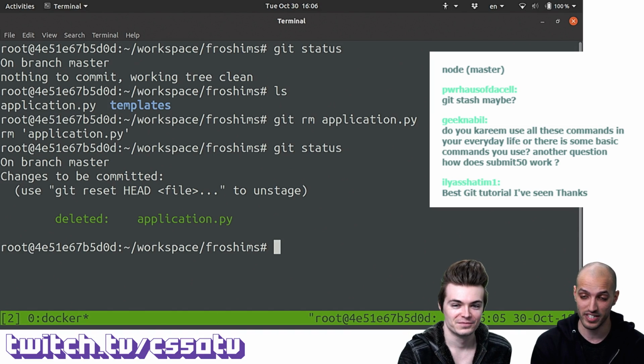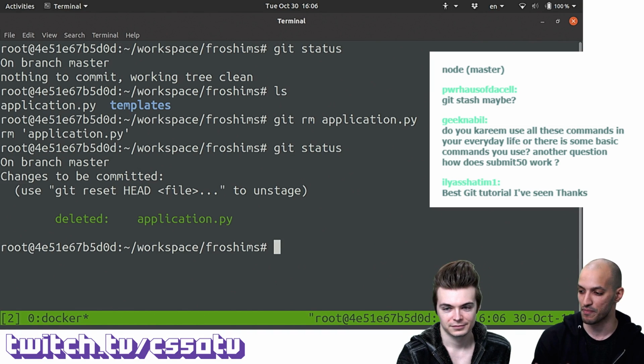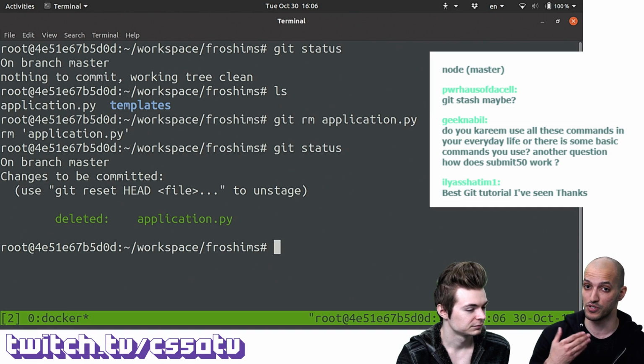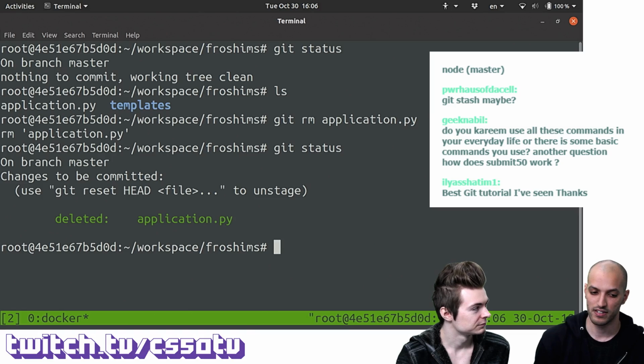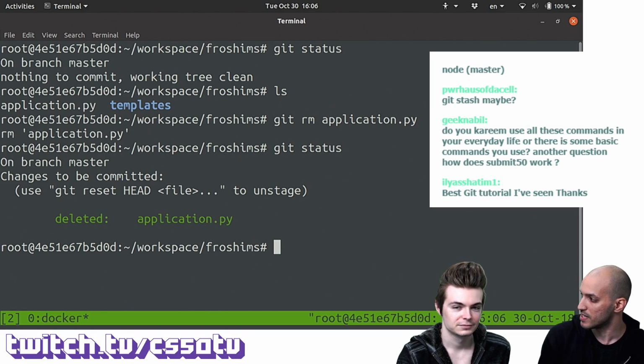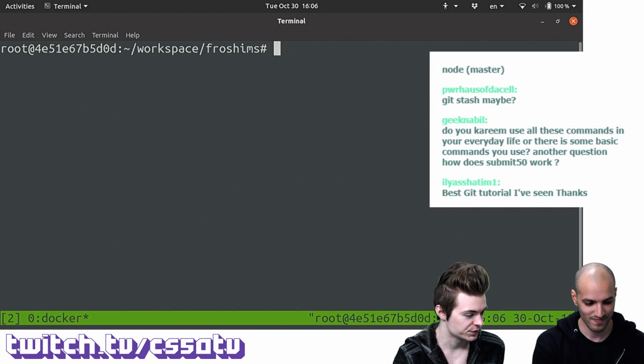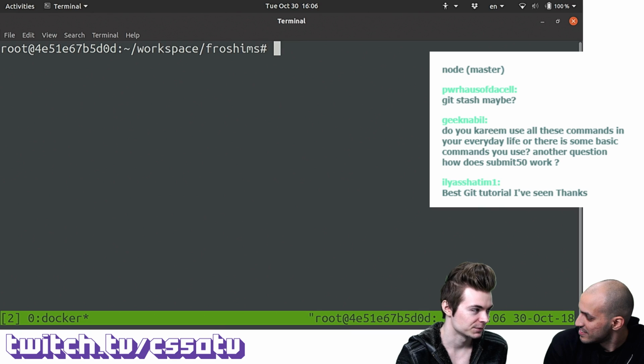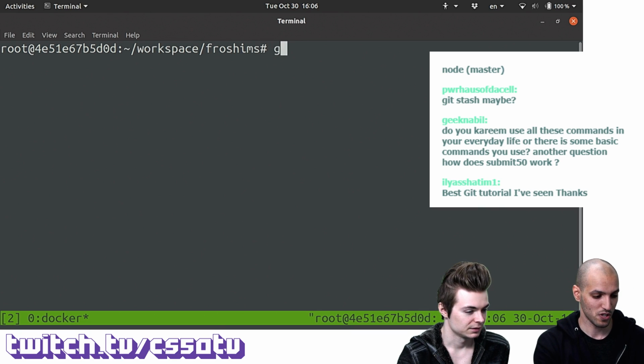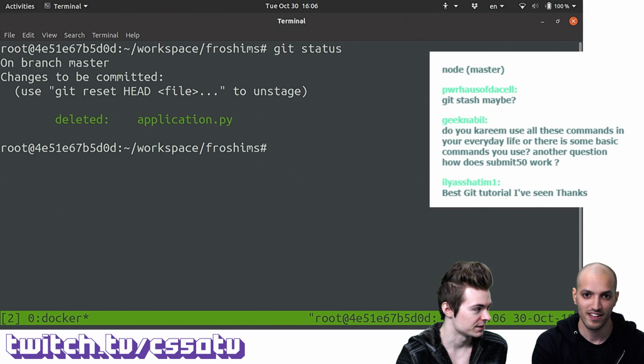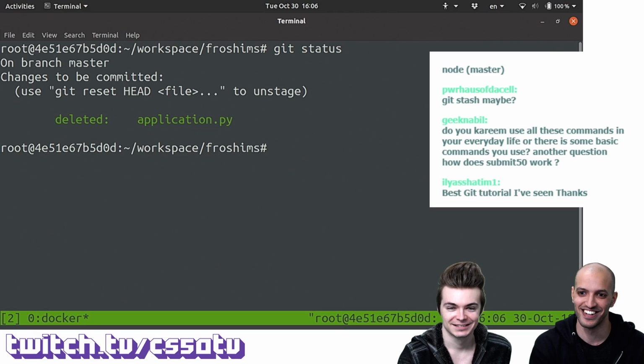So if you find yourself trying to memorize these, you're probably doing something wrong. I think what you should do is just learn about what's out there, get a basic idea, and then as you need to do something, just Google how to do this. And over time, if you use this again and again, you're going to develop muscle memory and use these pretty easily. Yeah, and certainly some commands are used a lot more often than other ones too. Yeah, definitely. So Elias also says, best Git tutorial he's ever seen, thanks. Thank you so much, that's so sweet.